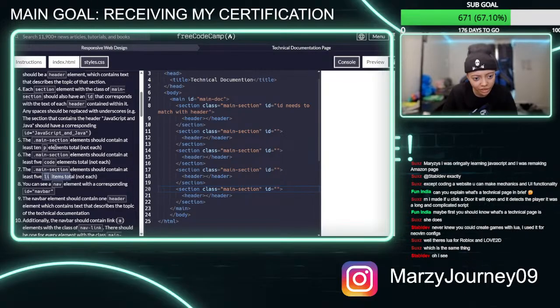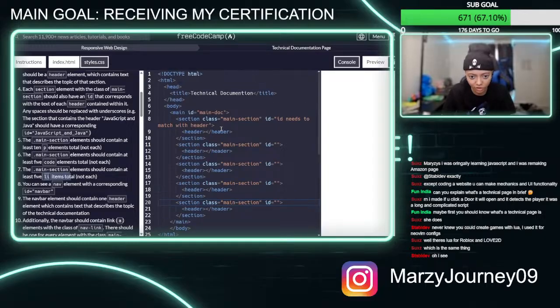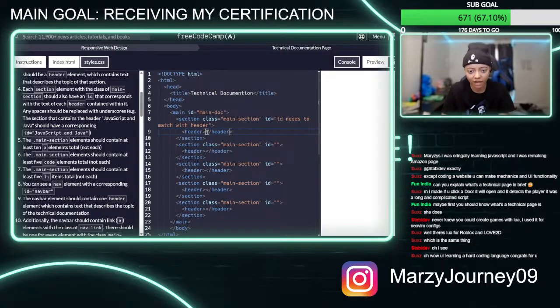Elements should contain at least 10 P's total, but not in each. So let me think about this, breaking this down. So my first section, which has a header, I want this to be about, and I think it says the ID needs to match with whatever's in the header. So I think I want this to be about,